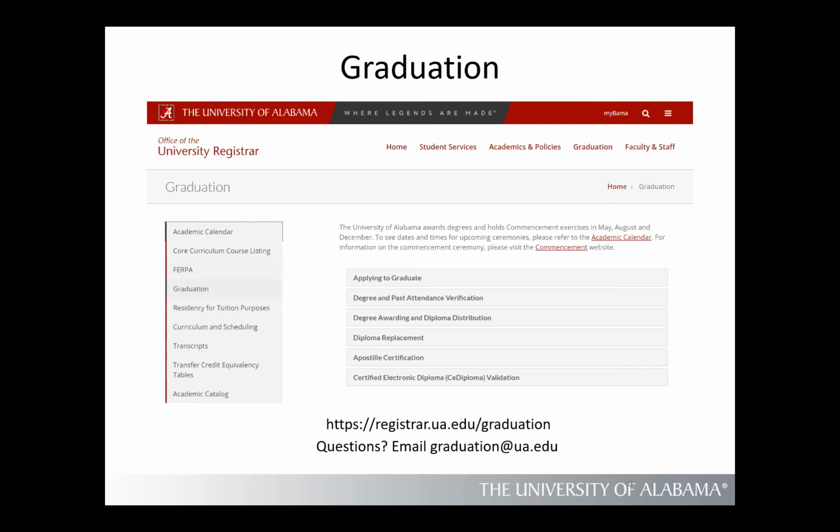It's great for international students. It's great for those who are applying for jobs and want to send their electronic diploma out to other people that may request it. The cool thing about it is it has a code on the electronic diploma that you can come back to our website and enter it in, and it'll verify and show this student did graduate at the University of Alabama. So pretty neat.